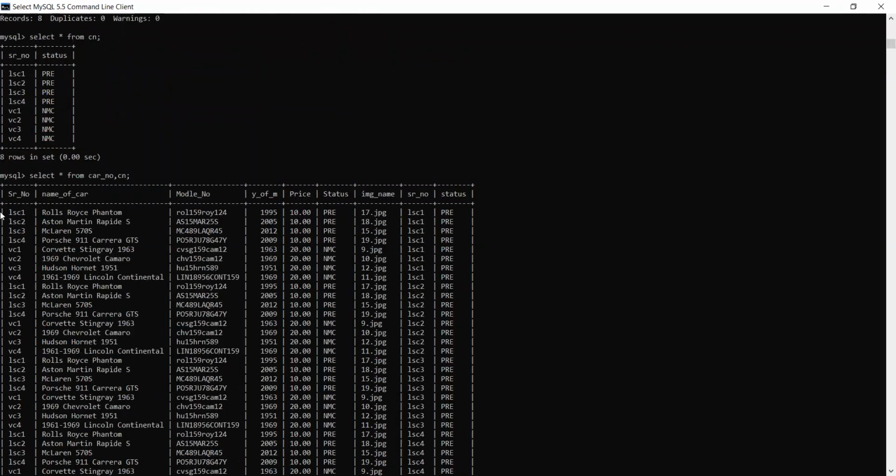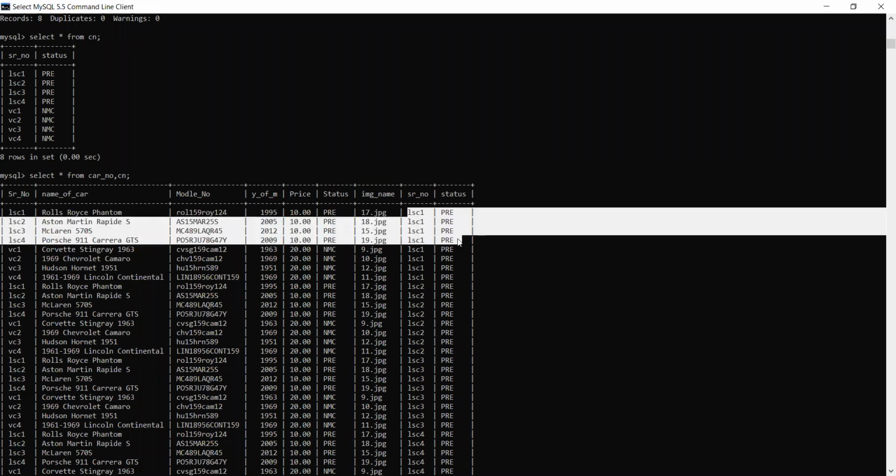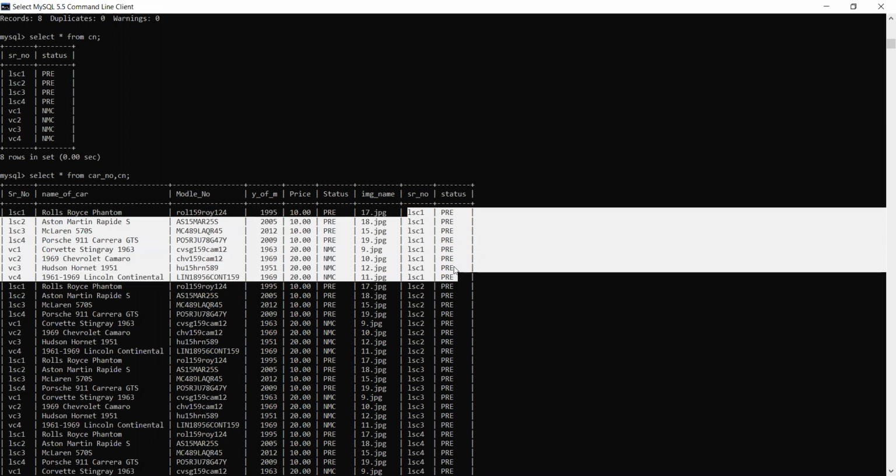Logically, see, how are you getting this? Every first row is multiplied with all 8 rows of the next table. You can see here, the first 8 are all the same, LSC1, LSC1, LSC1, so these are multiplied by all rows of the first table.